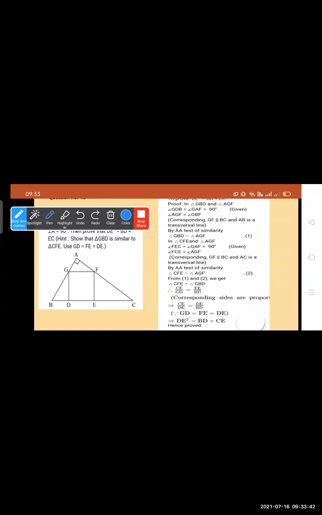A little bit lengthy, but what you have to do: first consider these two triangles, show these two triangles similar. Here two conditions apply. Then take another two triangles, similar. Here this triangle is similar to this and this triangle is similar to this, then directly we say that these two triangles are similar. If you show that these two triangles are similar, then take the corresponding sides and then apply the condition. This one is the square, so all sides are equal. Replace GD and EF by DE and cross multiply. You will get your final proof.